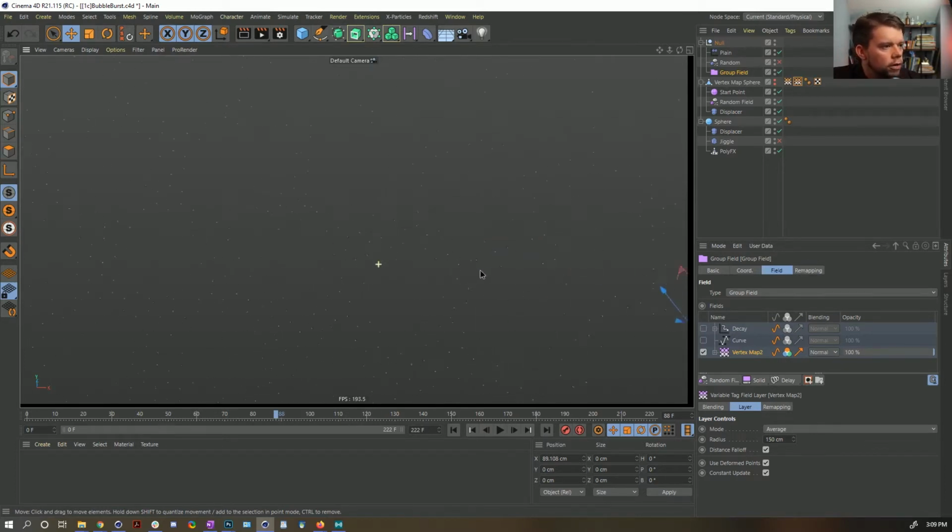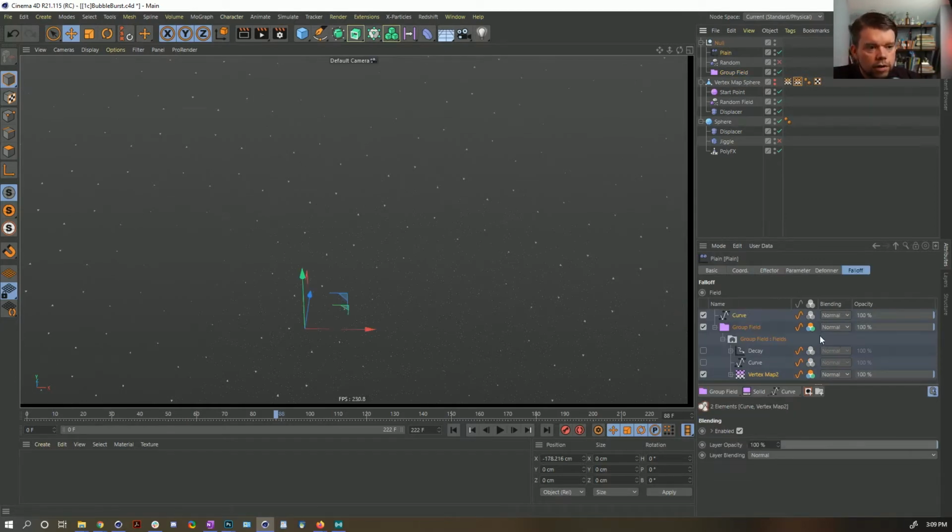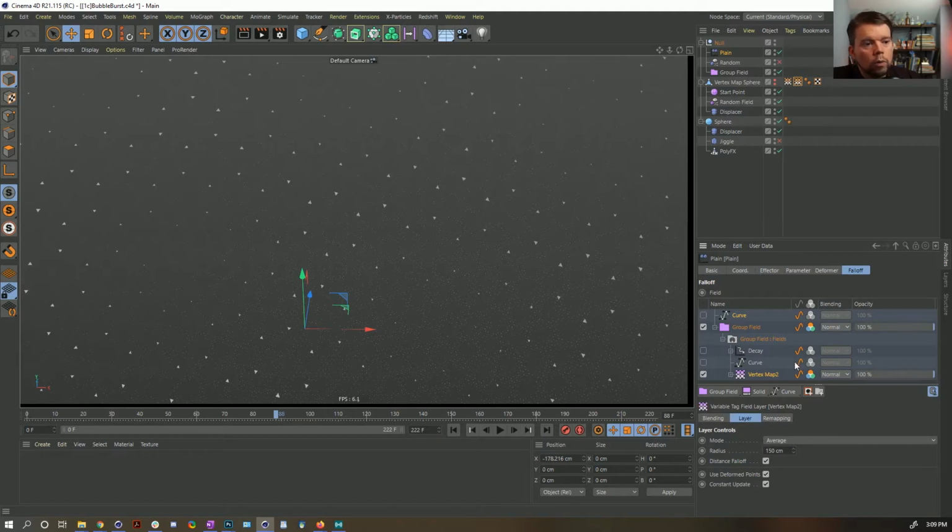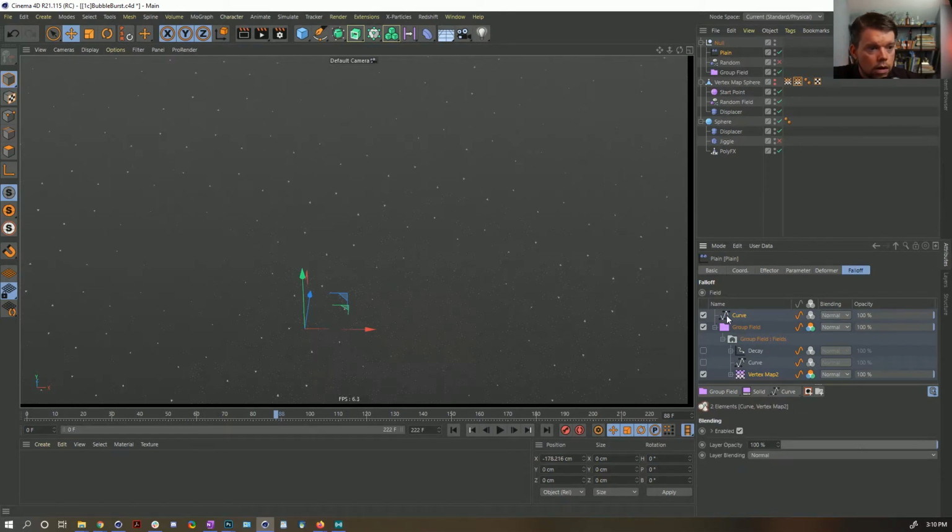Now, we're still ending up with these tiny little ones. That's all coming from the plane effector, and we do have this curve. I'm going to turn off the curve, and they're still there, which is telling me that this vertex map is pretty much saying it's never getting to 100%. I wish it was, but if it's not getting to 100%, it might not be getting to 100% because of,